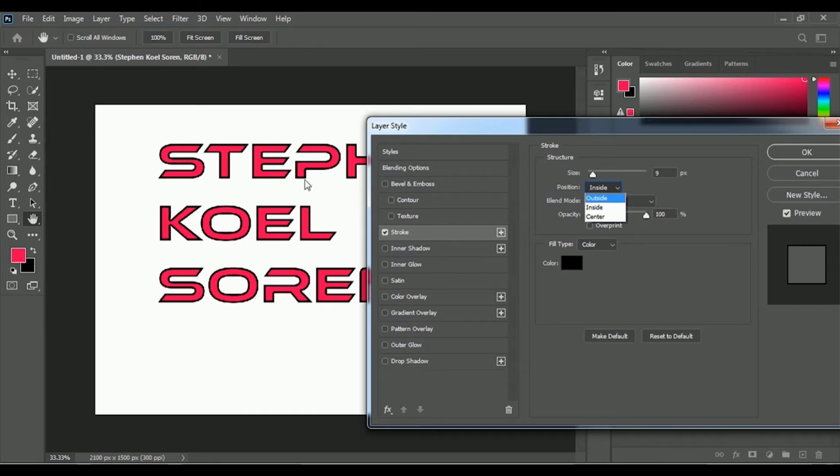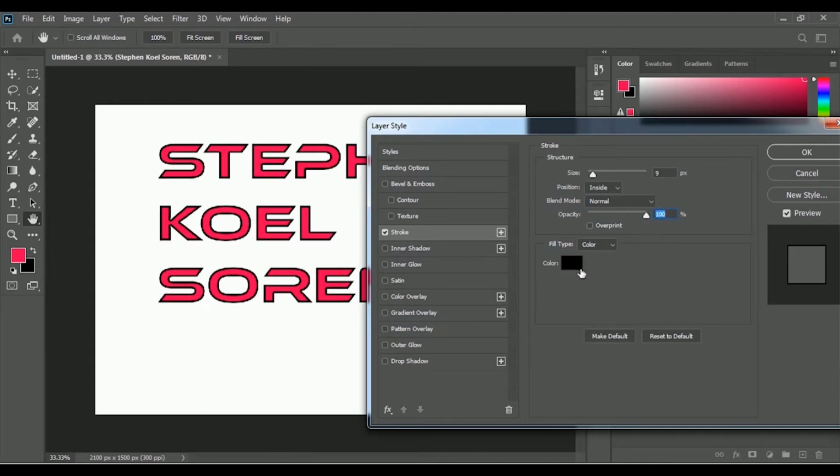But right now I want to use the inside stroke, because we have to add the bevel and emboss, we have to add the gradient, so inside stroke will be better. So here is the blending option. You can choose different type of blending option from here, and here is the opacity. So right now we have 100% opacity. If you want to reduce the opacity, then reduce the opacity, and you can take a look. We got our opacity decreased, and the effect of decreasing opacity applied on here. So I think opacity 100% is good. Okay,